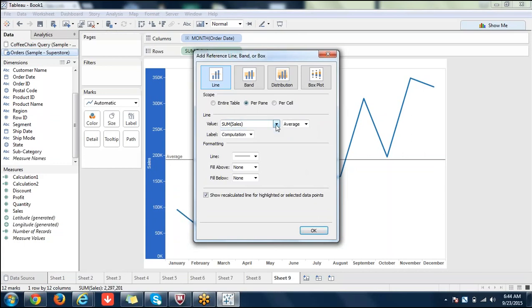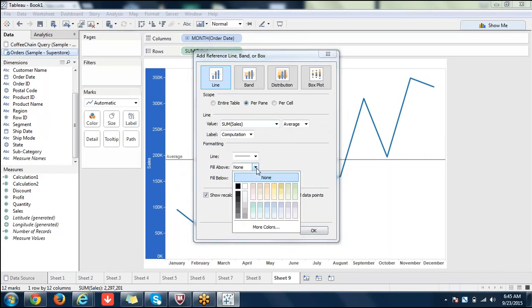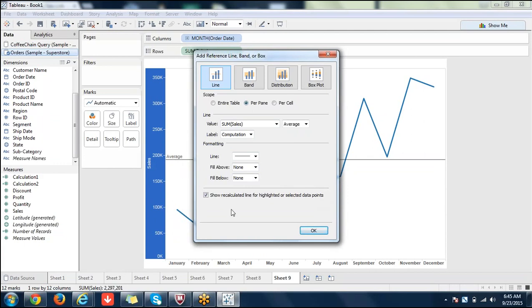That's not a problem. For that you can create a parameter, but it's on measure only. Even if you create that parameter, it will also be on this measure only. And computation, it's a label here. You're seeing that average keyword here, so to remove that you can say none. As of now I'll keep it so that you'll see this formatting. I think I did not tell you, these lines, line color and all those things. So I'm just clicking OK. I'm just using line as of now, and it's per pane.